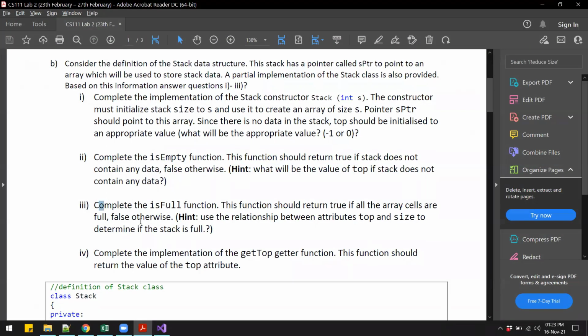Then we have the isFull function. This function should return true if all the array cells are full and false otherwise. Again, the hint is given: use the relationship between the attributes top and size to determine if the stack is full. So here we have to use the top variable and the size variable to determine whether the stack is full or not.